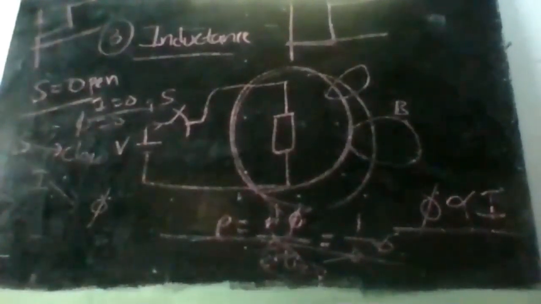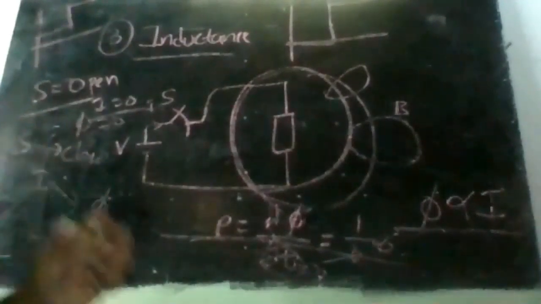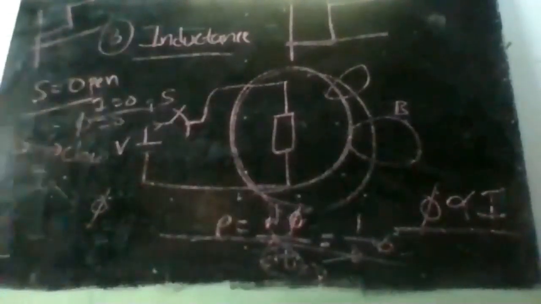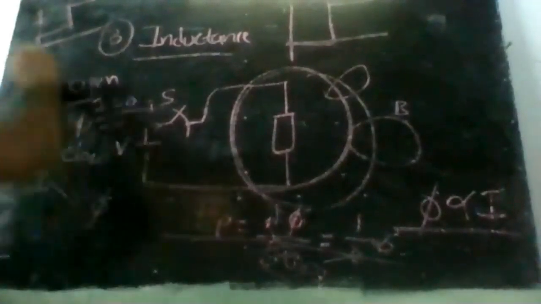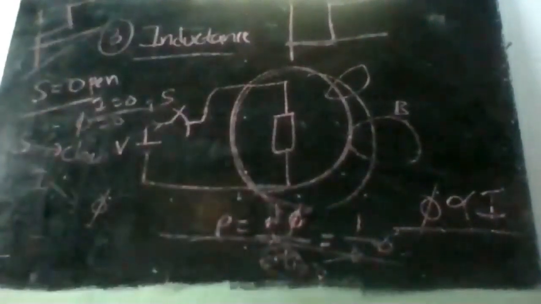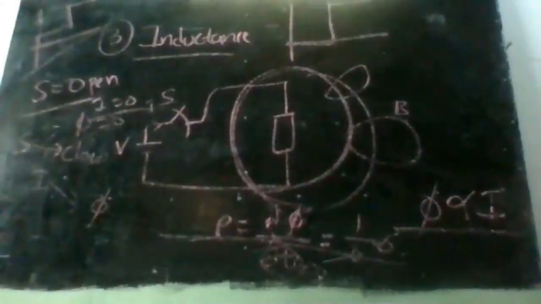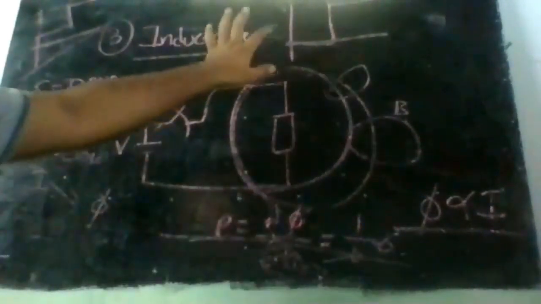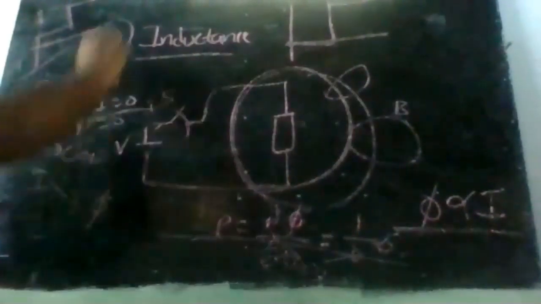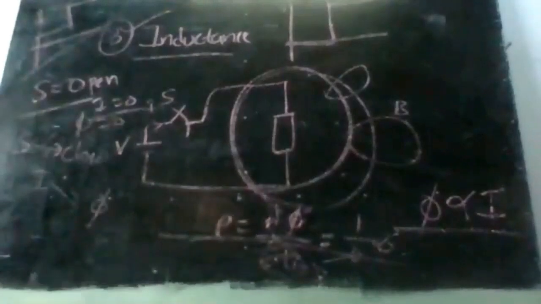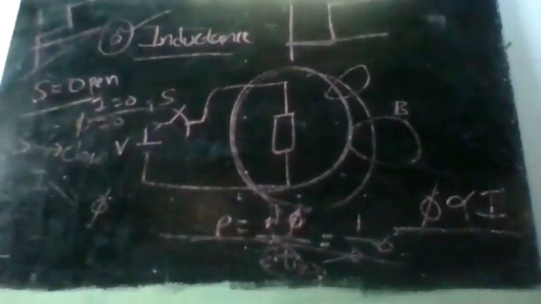You can try. If we want to produce a magnetic field, the current carrying conductor should oppose sudden changes in current. This property of the conducting material to oppose sudden changes in magnetic field is called inductance. So inductance is basically a property by which a material opposes sudden changes in current. I hope this point is clear.